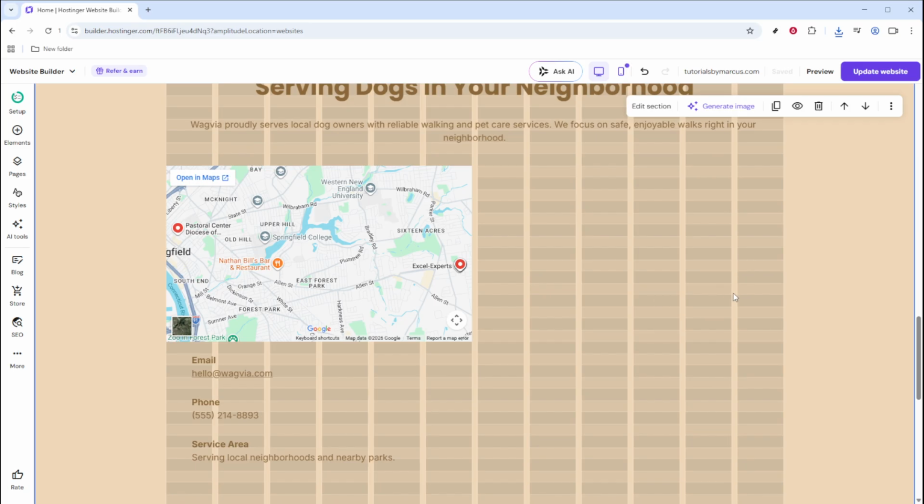Before you start, make sure you can access the website you want to edit inside your Hostinger account, because everything begins from the builder itself. There's also one small point that can trip people up. The form option you'll use may be labeled a little differently than expected, but once you know what to look for, it's very straightforward. To begin, go to Hostinger, open your Websites area, and choose the site you want to